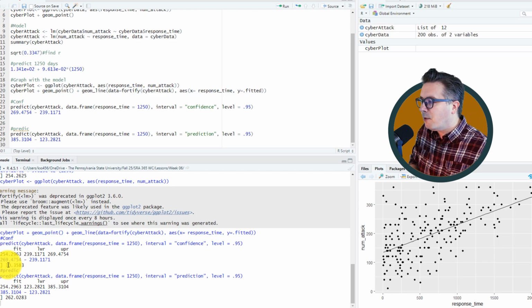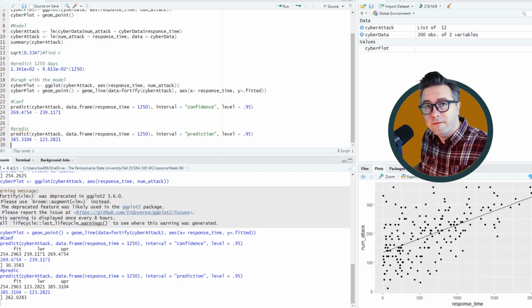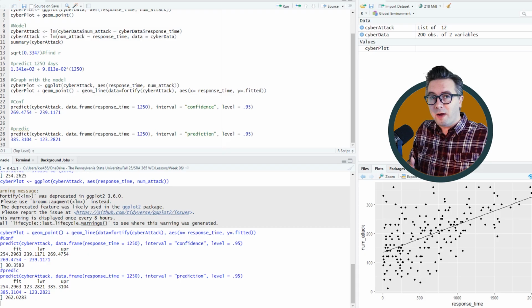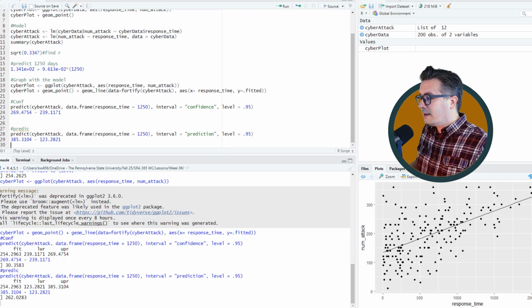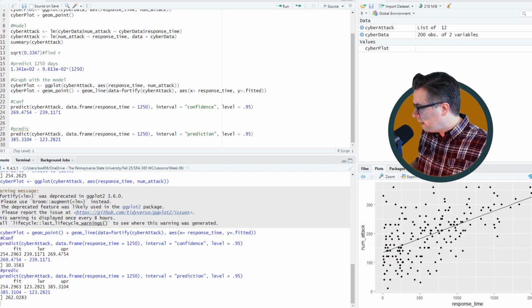The one other thing that I want to point out before I finish is that when we're doing these prediction values, we're not going beyond our data. In order for these predictions to work, it has to be in the realm of our data. So the reason why we're looking at 1,250 days is we have all this data. And so we're thinking, all right, our range is between 0 and something bigger than 2,000, maybe